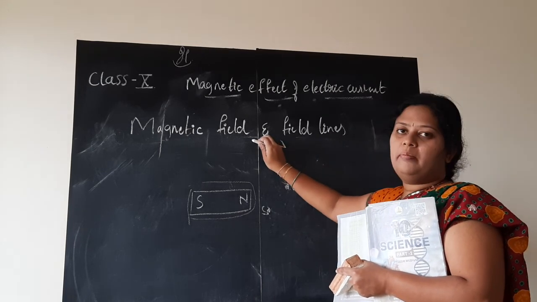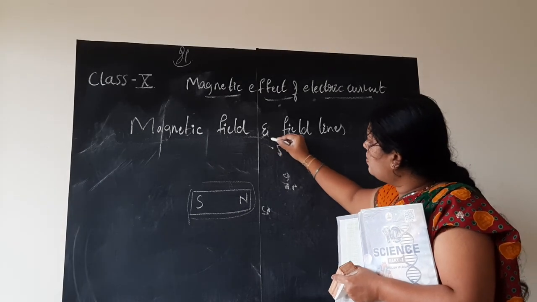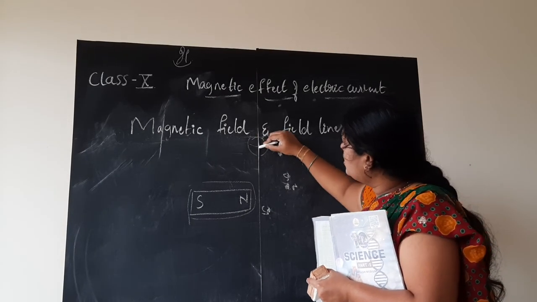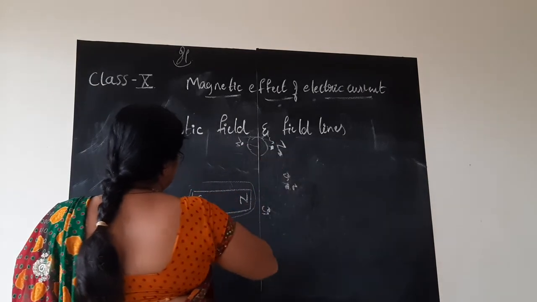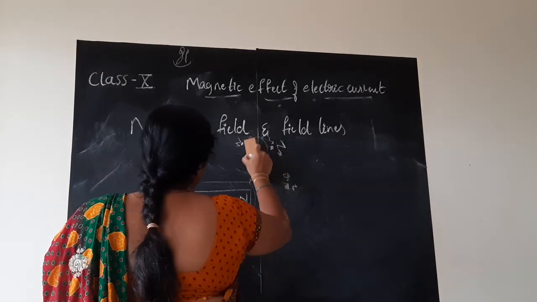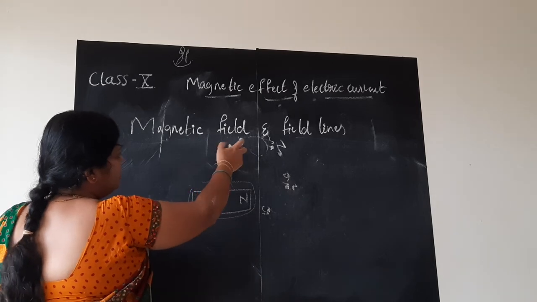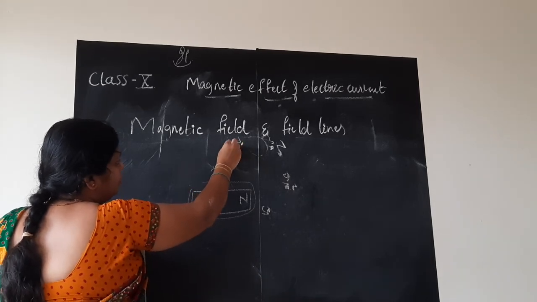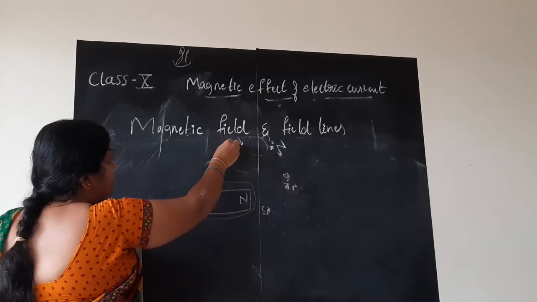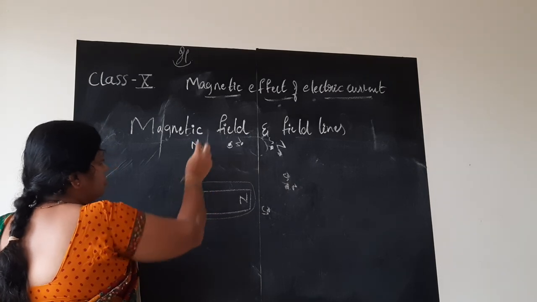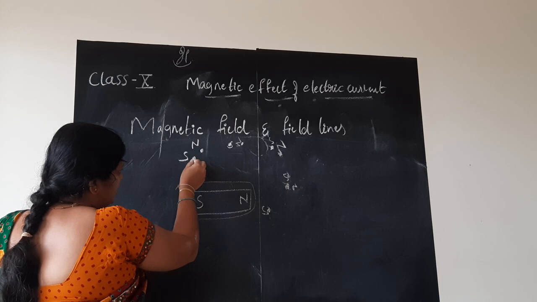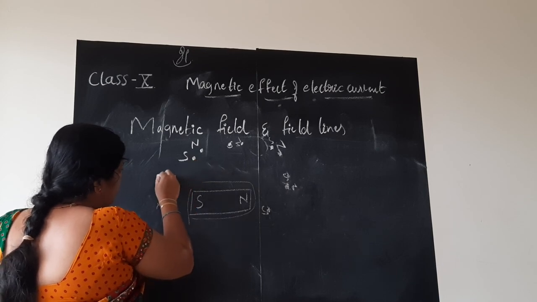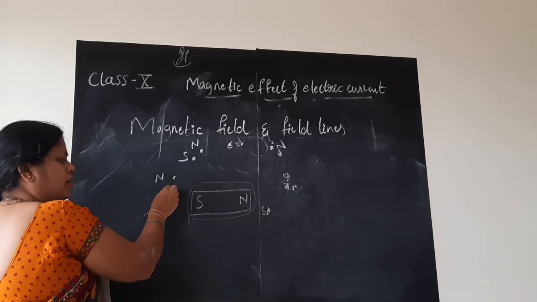Again place the compass in such a way that the south pole comes here. Where the south is, place the magnetic compass, again here is north. Again you mark the points, south, north. Remove the magnetic compass. Again towards the north, place the south of the magnetic needle. Again south, north. Again near the north, place the south of the magnetic compass. Again south, and here north. Again near north, place south.